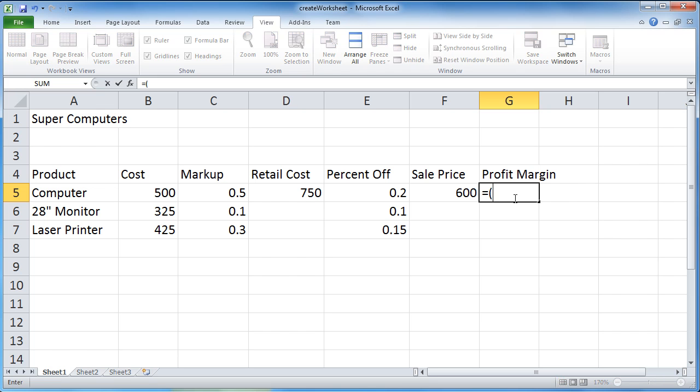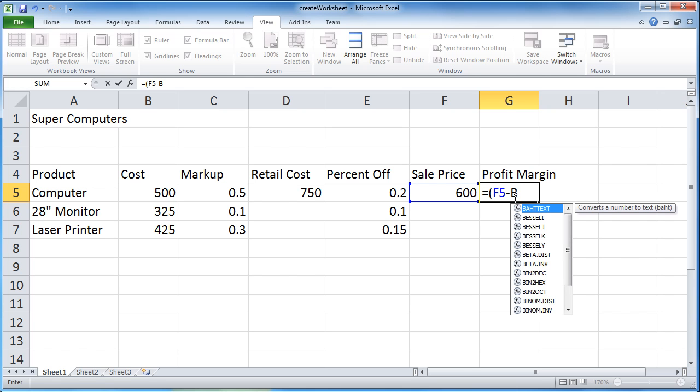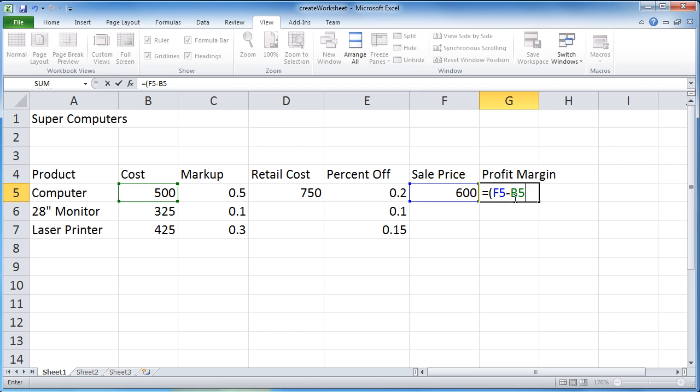So I'm going to take that sale price, and I want to force an order of operations here, so I'm going to put it inside parentheses. I'm going to say F5 because that's the cell where the sale price lives. And from that I'm going to subtract B5 because that's where the cost of the computer lives. I'm going to close out my parentheses and I'm going to divide by F5 again because that's the sale price. And I can see that I've got about a 17% profit margin for that computer.